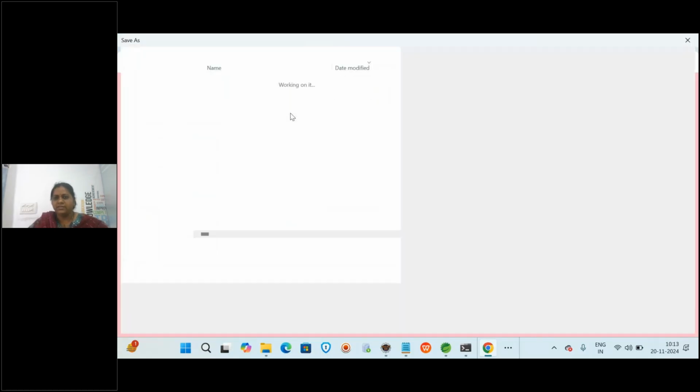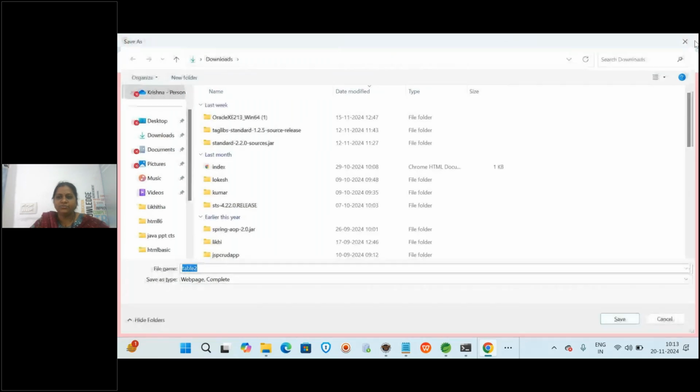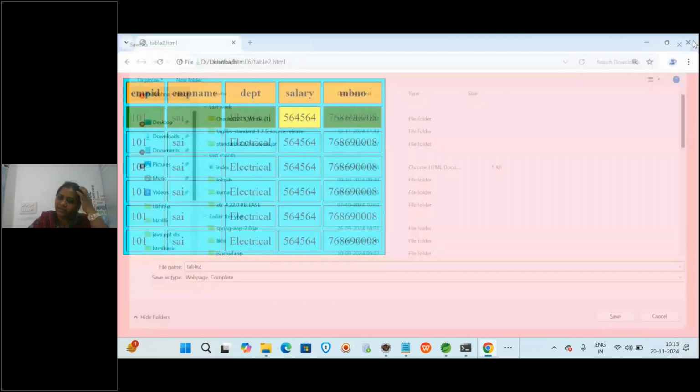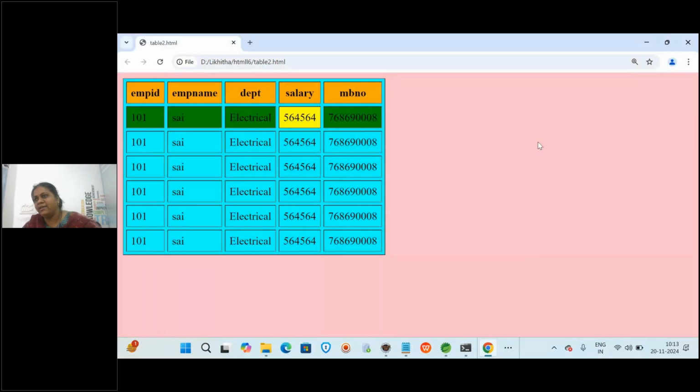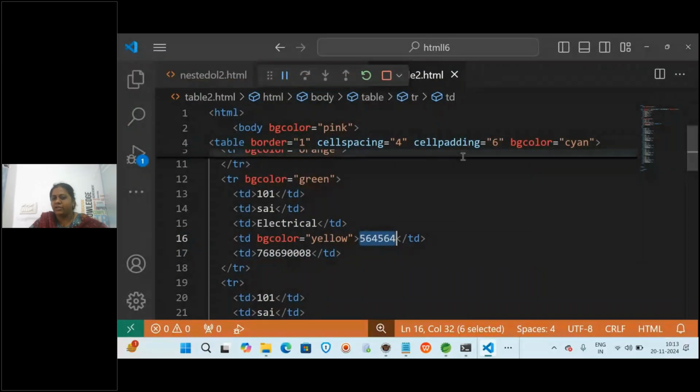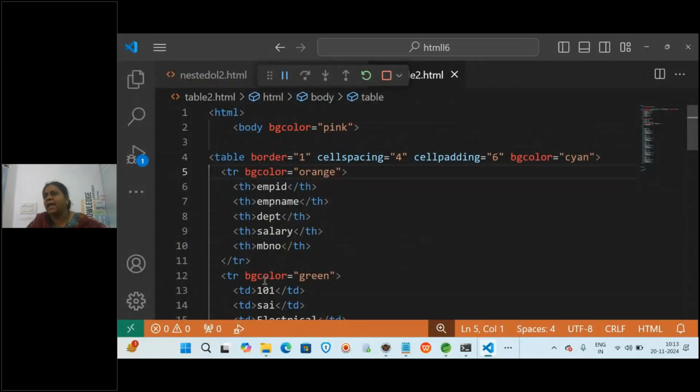Clear now? Is it clear, everyone, online students, about how we wrote the table, tr and then what? td tags. So here we wrote the bgcolor. Wherever you want a background color, you will be writing it as what? An attribute. Did you understand how to write an attribute? For the tag opening and closing, after writing the tag, give some space and write bgcolor, whatever attribute you want. Bgcolor is equal to what? Orange. Clear? All of you?